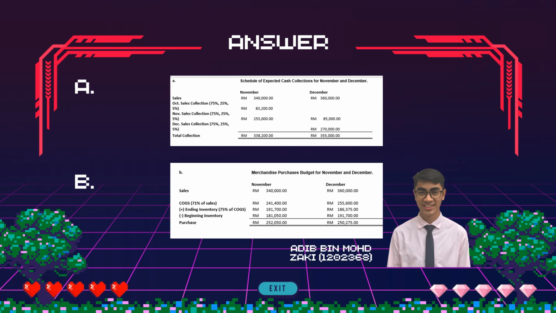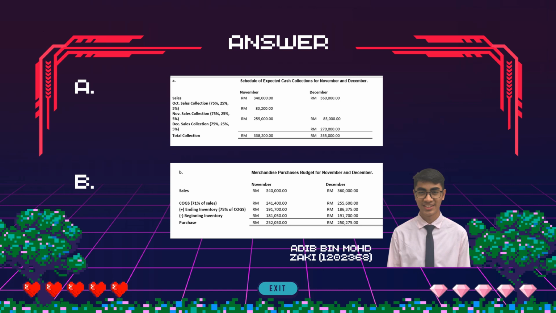Let's see the first answer for the first question. Schedule of expected cash collection for November and December. For this question, the calculation is quite straightforward. For November, we begin with October sales account receivable, and then we add 75% from November sales. The total, we get 338,200. For December, we begin with 25% from November sales, and then we add 75% from December sales. The total, we get